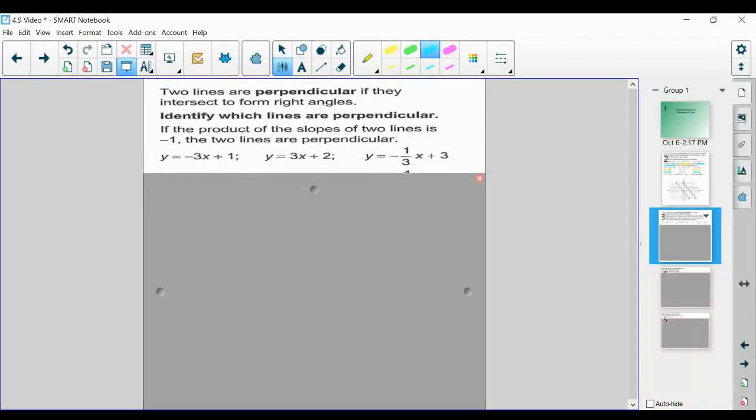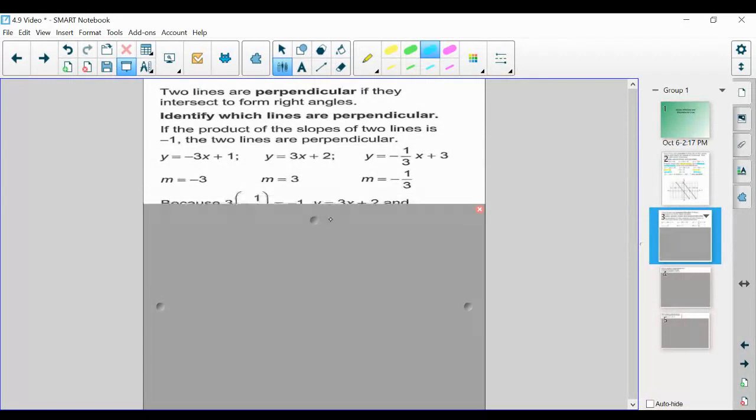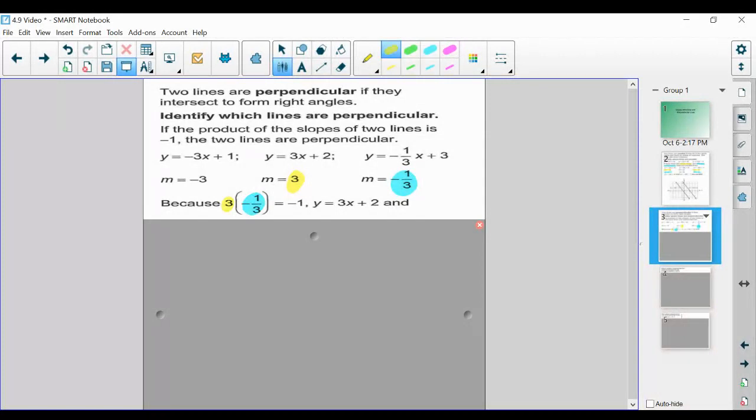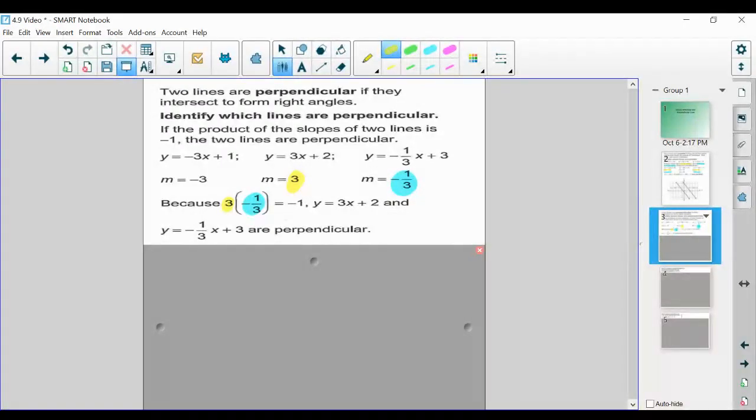So let's say we want to identify which of these three lines and the equations that represent each line are perpendicular. The way we're going to do that is we're going to look and identify our slope, and then we're going to identify which ones, if we multiply, will give us negative 1. So if we look at 3 and negative 1/3, if we multiply those together, just down here, that's going to give us negative 1. Therefore, the two lines y equals 3x plus 2 and y equals negative 1/3 x plus 3 are going to